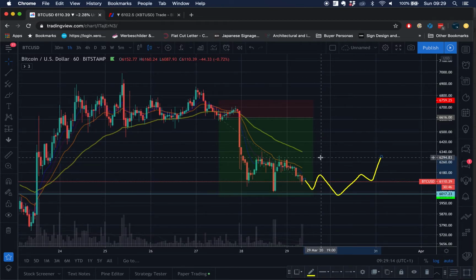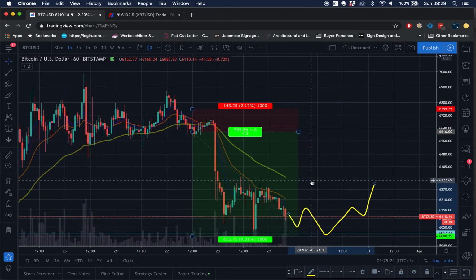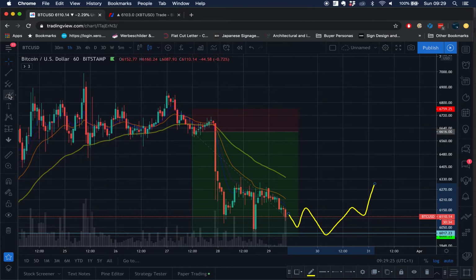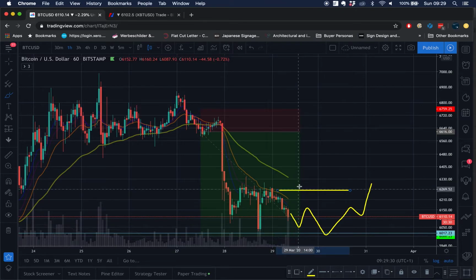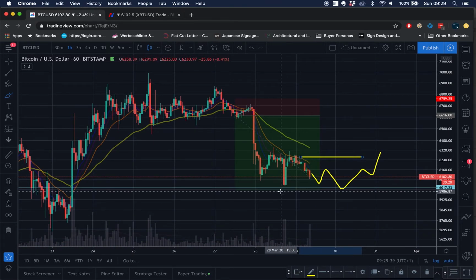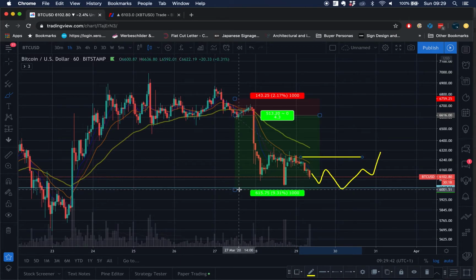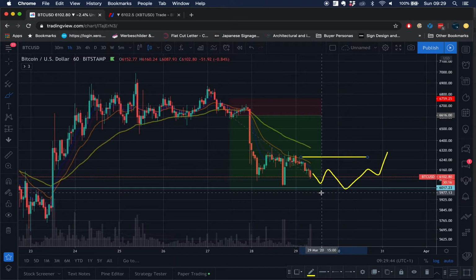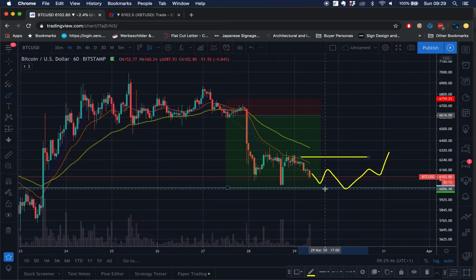Let's see how this plays out. So this is one of the things that I think is going to happen. If we do potentially move back up to around this point here, if we come up to here, what I might do is I might put an ask in around this sort of area, and I may expect it to bounce back down further. So I could potentially close my short at target. If that is the case, then I may look to open a long if it bounces,